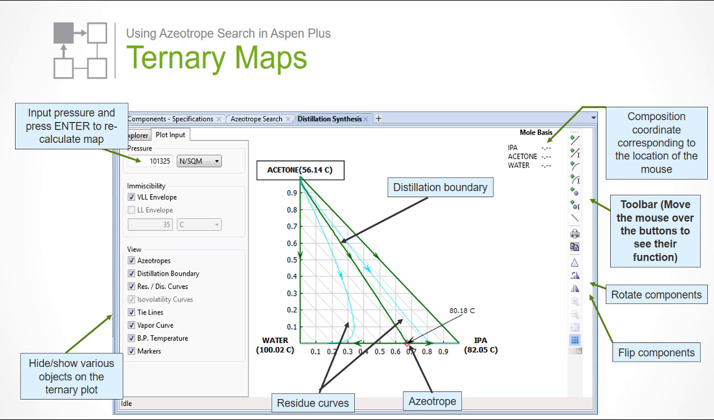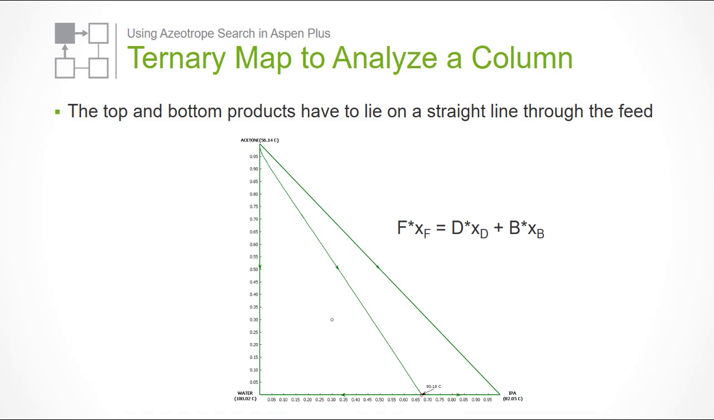The toolbar allows you to add markers or curves for analysis, rotate component coordinates, flip components, and toggle the grid of the map. The function of each item can be seen in the tooltip by moving the mouse over the buttons. The ternary map can be used to analyze a column for possible products. Mass balance dictates that the top and bottom products must lie on a straight line through the feed point in